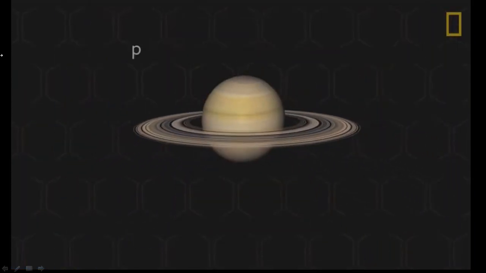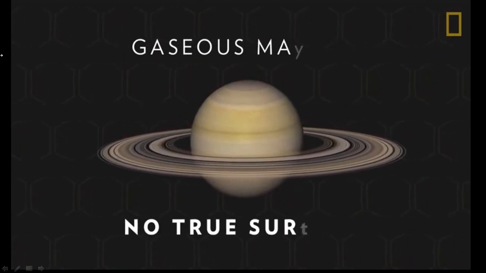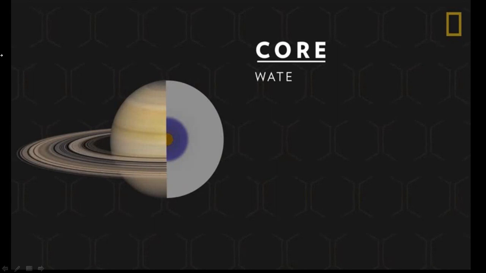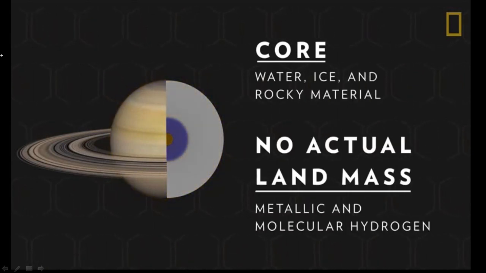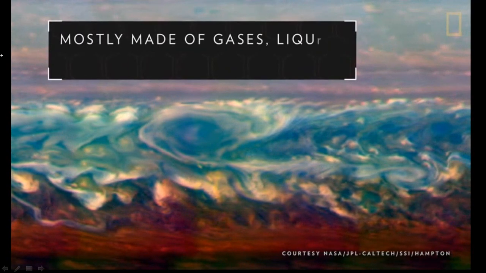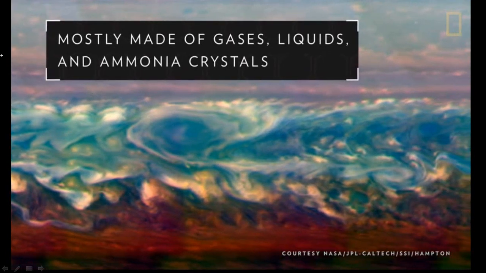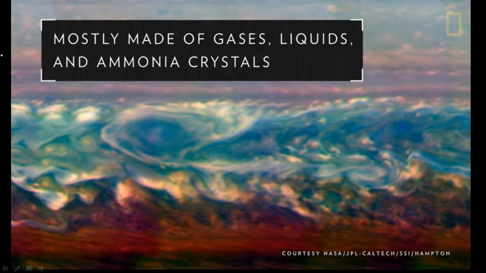Saturn's gaseous makeup also means that it has no true surface. At its center, the planet has a dense core of water, ice, and rocky material, but it has no actual landmass. Instead, it's mostly made of gases, liquids, and yellow ammonia crystals that swirl around the planet, creating golden clouds and